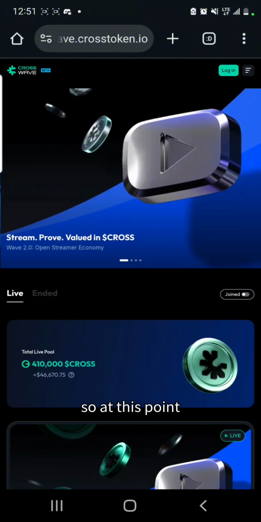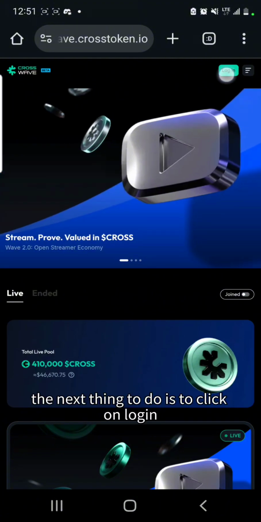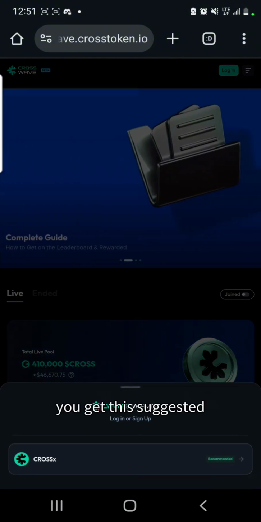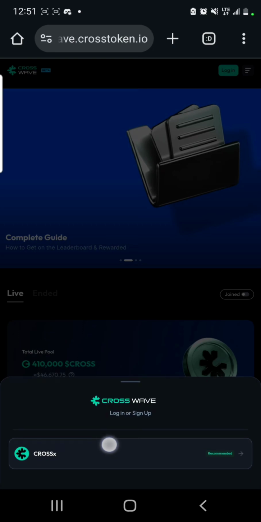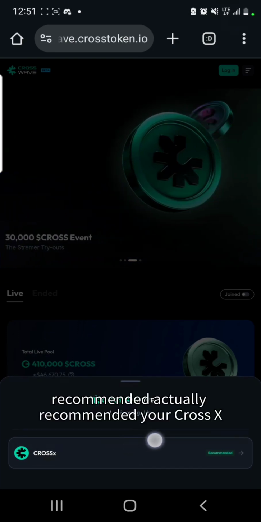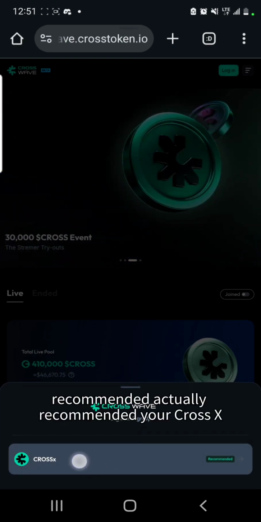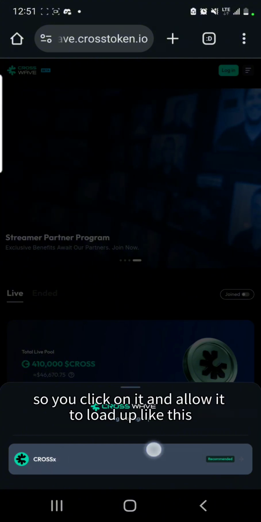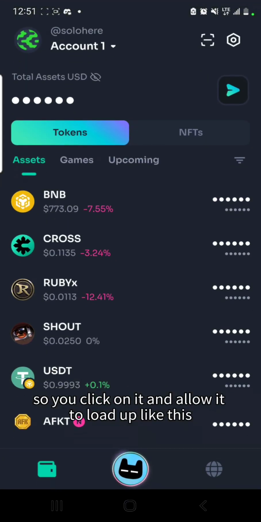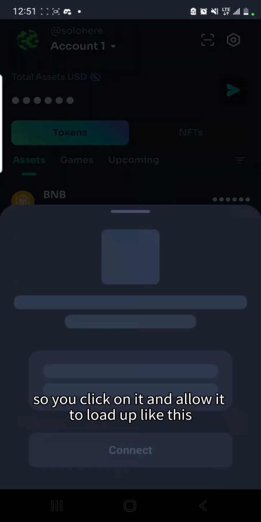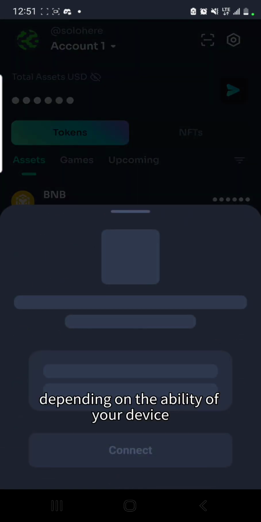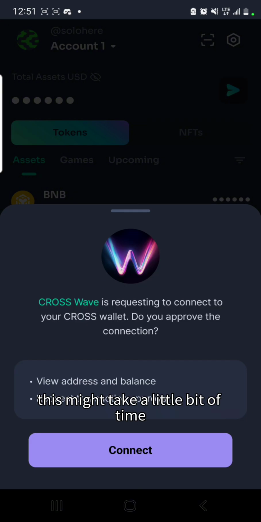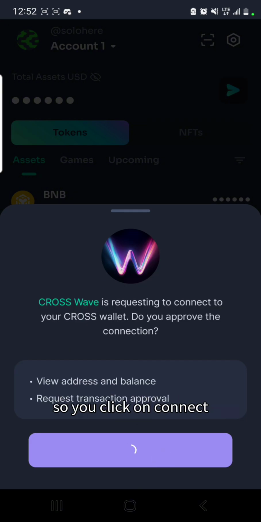So at this point, the next thing to do is to click on login. You get this suggested, recommended, actually recommended, your CrossX. This is the CrossX wallet that you just downloaded and set up. So you click on it and allow it to load up like this. Wait, be patient, depending on the ability of your device. This might take a little bit of time. So you click on connect